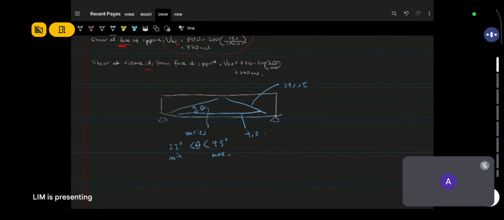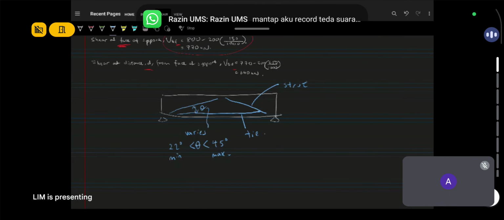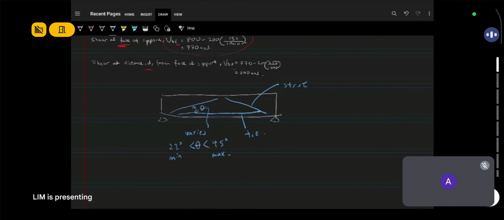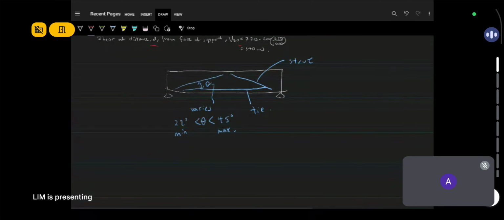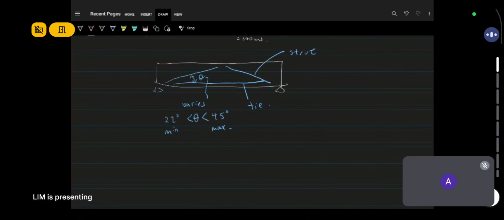So this angle can vary between these two values. But we don't know which one it belongs to. It depends on the loading and the dimensions of the beam. So we have to do a bit of trial and error. First thing first, we have to check